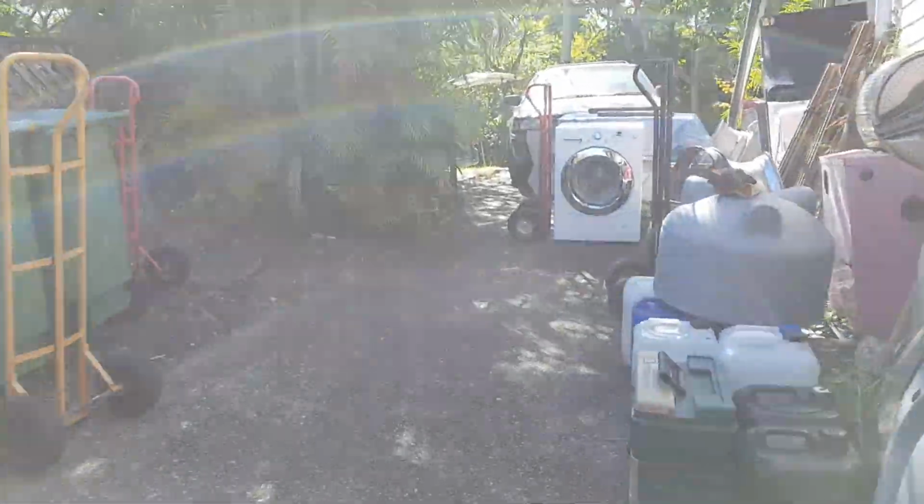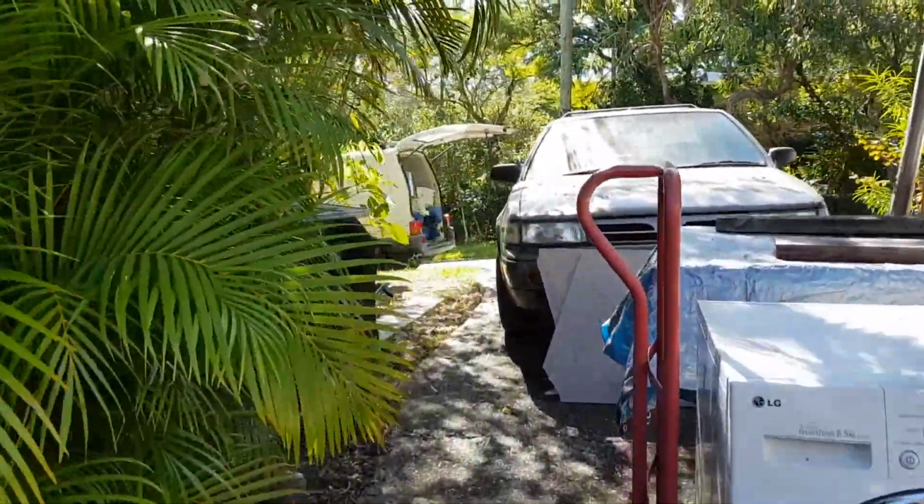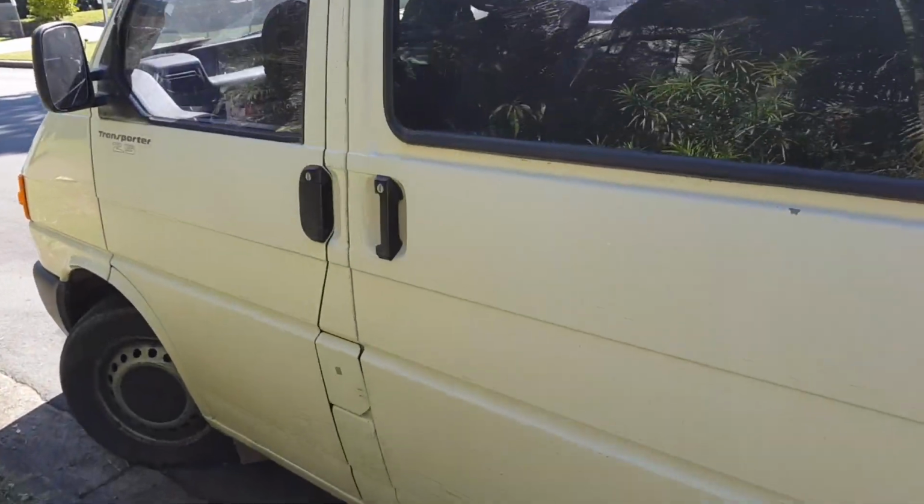And I just found something really cool at the dump. And it's not that washing machine. It's still in the van. I thought we'd do an unvanning where I open this van up and do a big reveal, even though you guys already know what it is. Alright, so